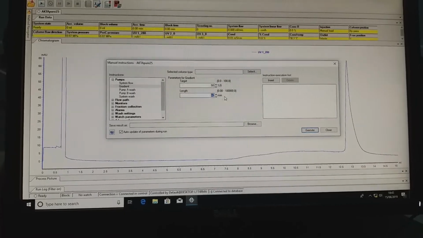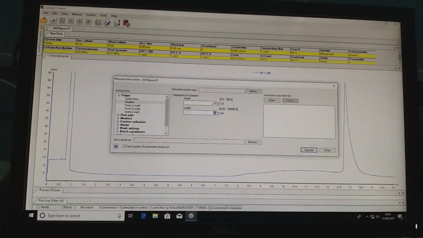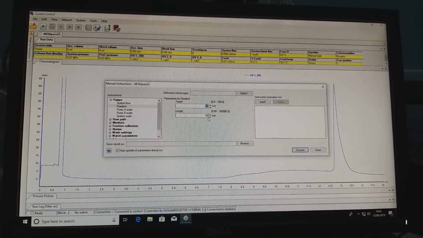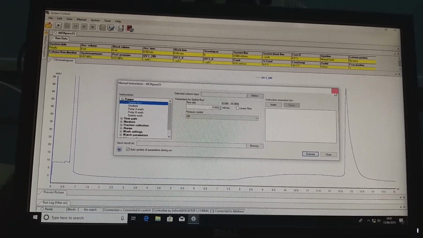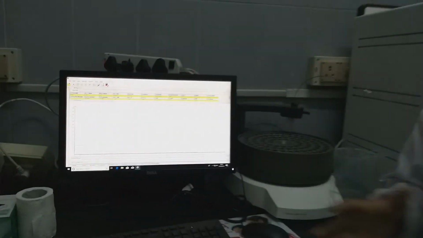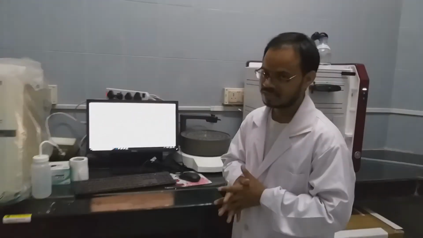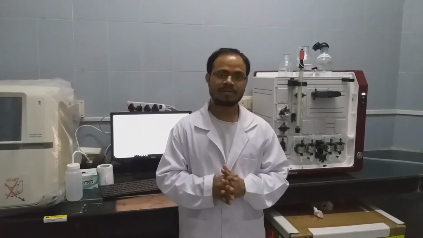From the time you start the system, it starts with 50% of B and reduces to 0. All these things will familiarize you with how the system works with fast protein liquid chromatography. I hope these things will help you achieve your goals in your research.